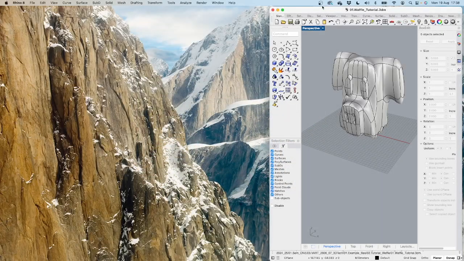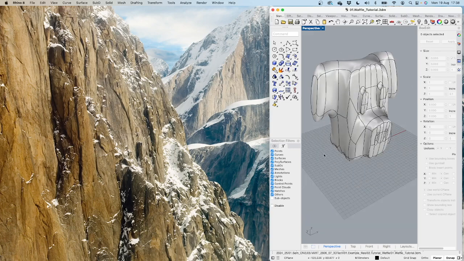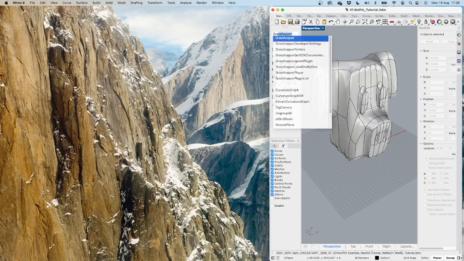So we have Rhino 8 on a Mac, and I imported this pig's head in sub-D, which I made earlier. Again, you can develop something in sub-D yourself. There is a link to a very good tutorial below. If you have a mesh, make sure the mesh is closed and hasn't got big patches of holes in there. So we start our Grasshopper,